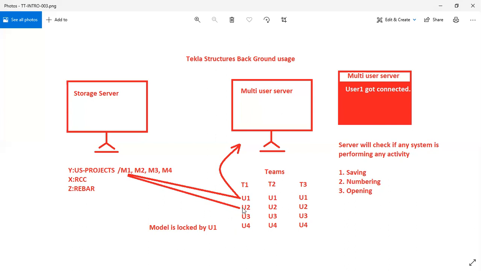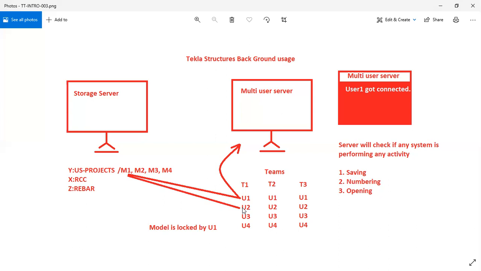So whenever you are opening, saving, or numbering, you have to follow this rule that you go one system or one person at a time. It just needs some manual coordination to open or save a model, right?